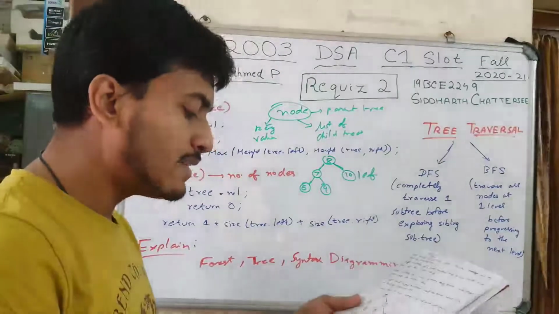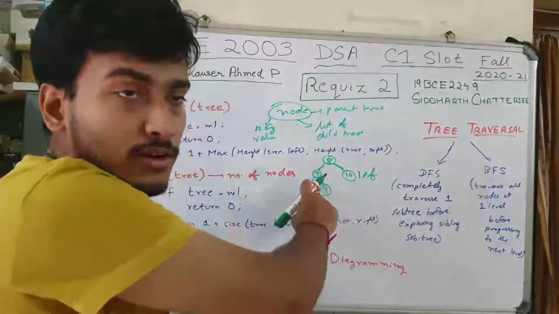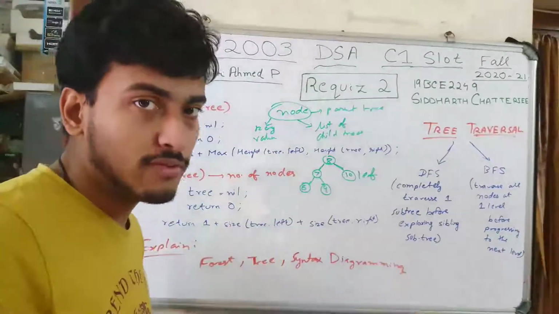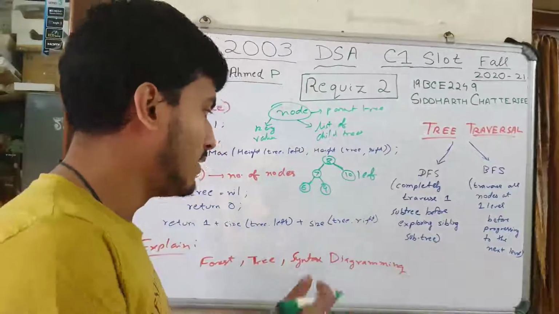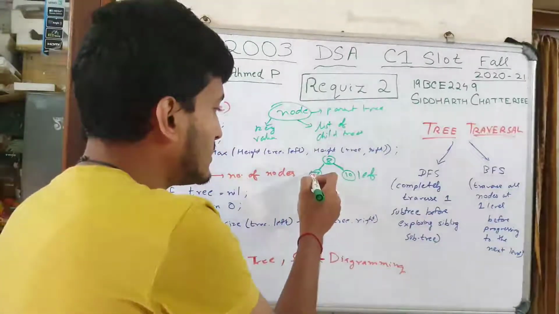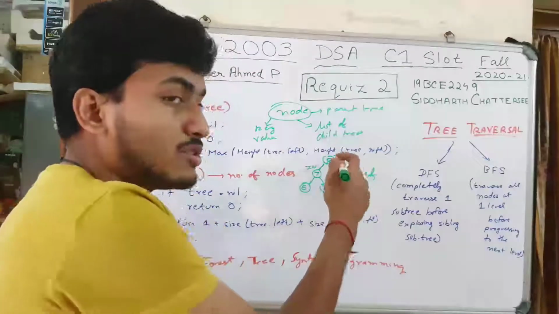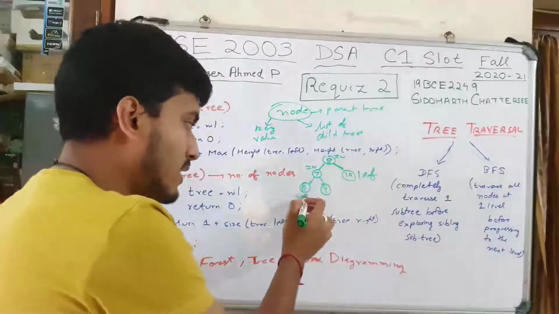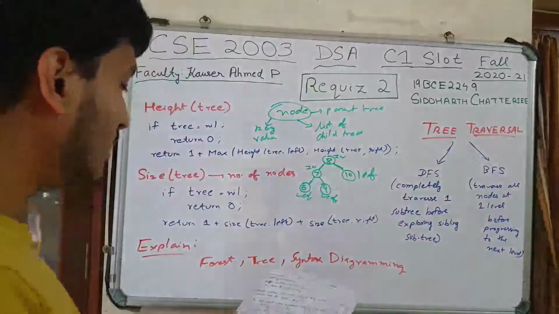An interior node is all nodes that aren't leaves. So this is an interior node because it is not a leaf. It has children, and all nodes that do have children basically. This is what it means, interior node. I will write it. This is an interior node, you can say. Even though this is the parent node, this is a leaf again. So we are done with tree.